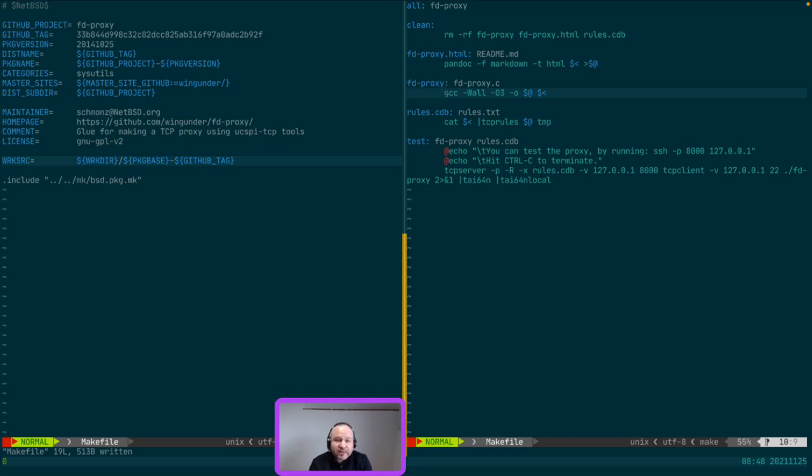Let's say this fd-proxy had a configure script, and the configure script would try to auto-detect if I had, I don't know, TCP wrappers library on my system. And if it found the TCP wrappers library, then it would build and link with it, a runtime linkage. That's kind of cool if you're building by hand from source and you're reading a README and you want to make sure that you have everything in place and then it will find it. It's a lot less cool when you're a package manager and you want to make sure that the same input gives the same output and you don't get side effects because of what happens to be different in a build